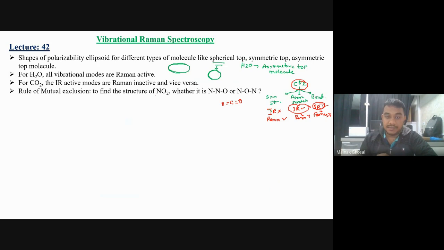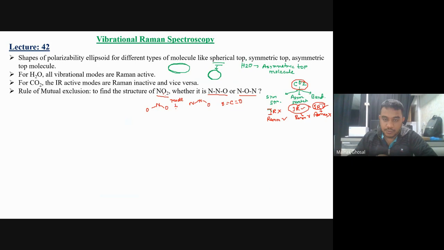Suppose in this case I have given the example of NO2. You have to find whether NNO is there or NON is there. So NO2, that is one nitrogen and two oxygen. Are they like this or are they like this? If you see whether the IR active modes of NO2 are the same as the Raman active modes of NO2,